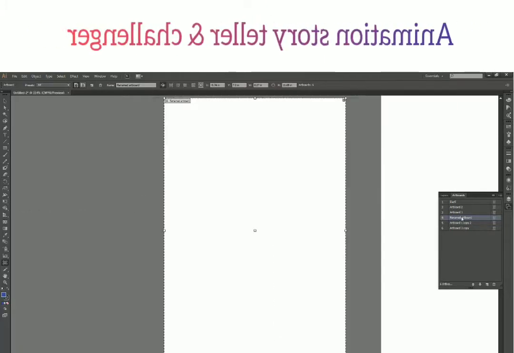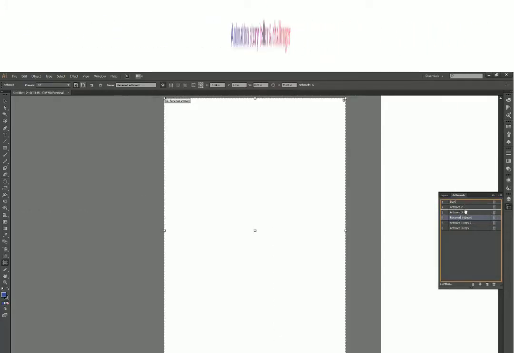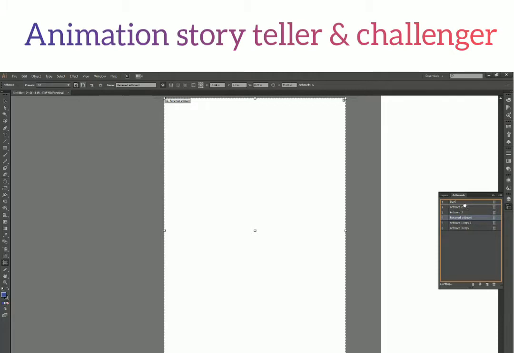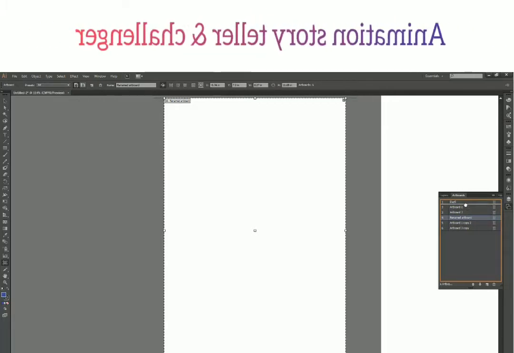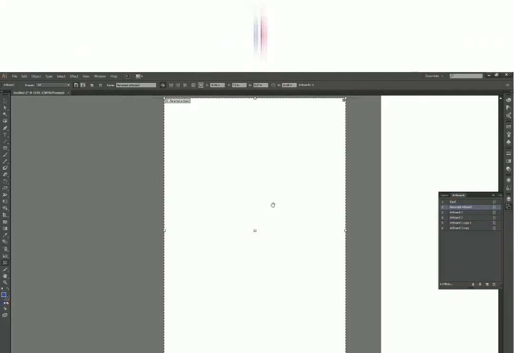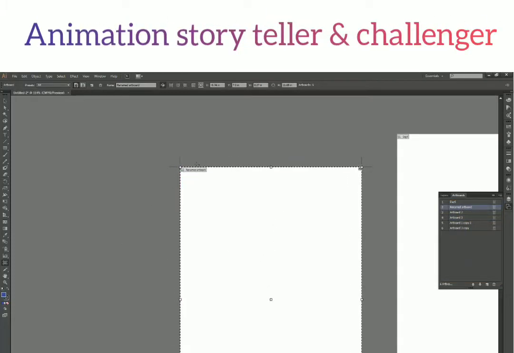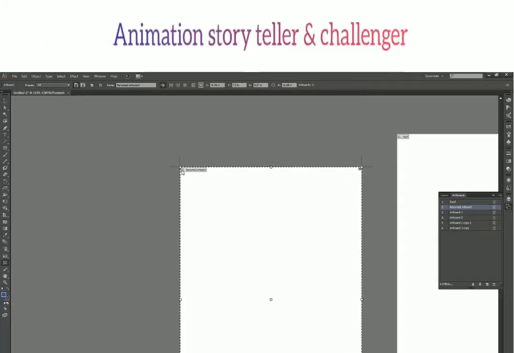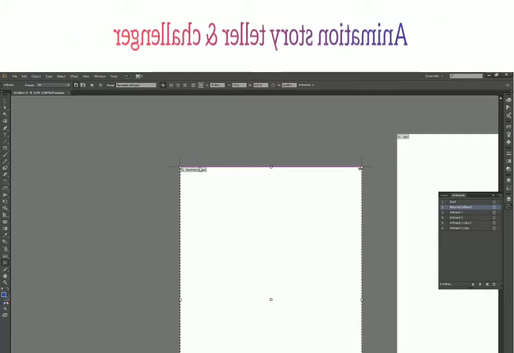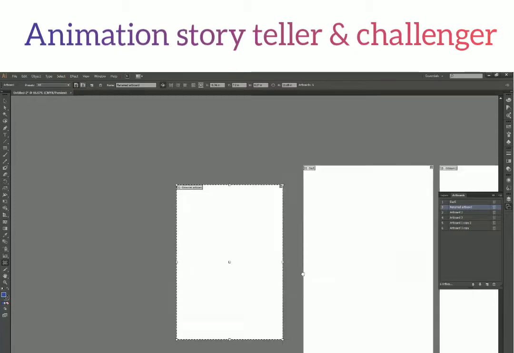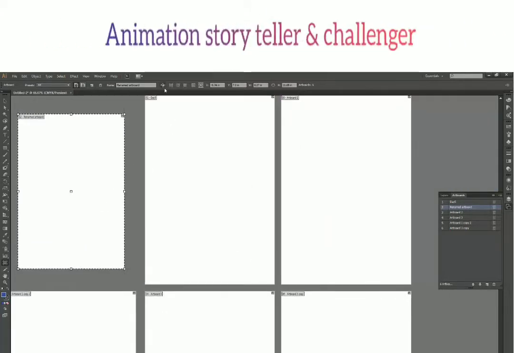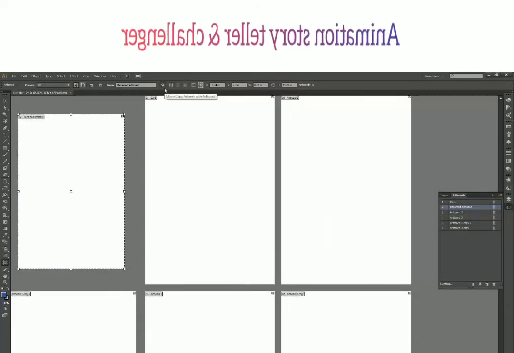Now I can click and move this artboard's position from the artboard panel. You can only do this from the artboard panel. You cannot do it from the artboard tool. So let's say I moved it to second position, and here we have our number updated which says 02 renamed artboard. So that is very clear, and very easy to understand. So let's move on and see what this option can do.